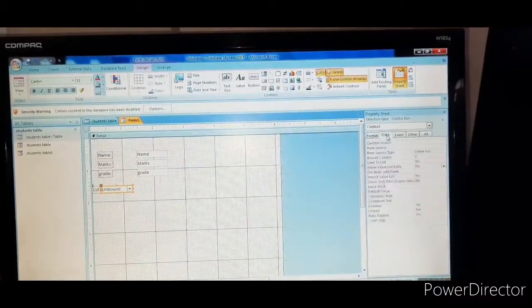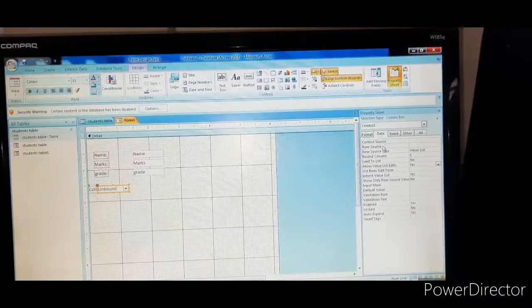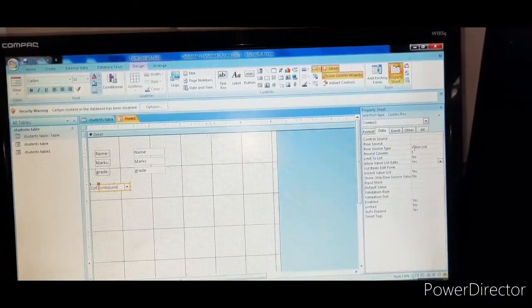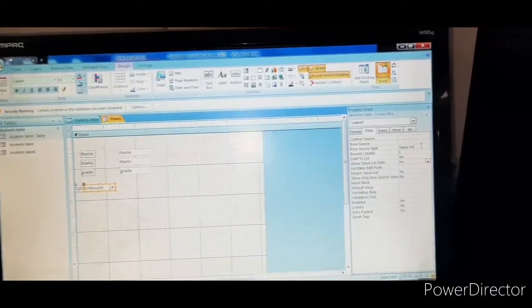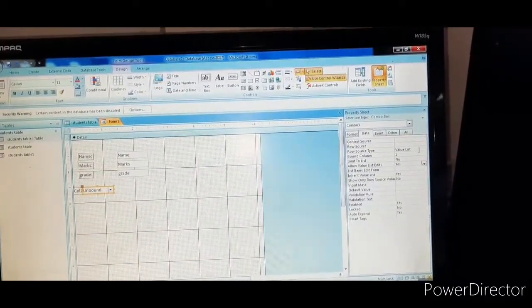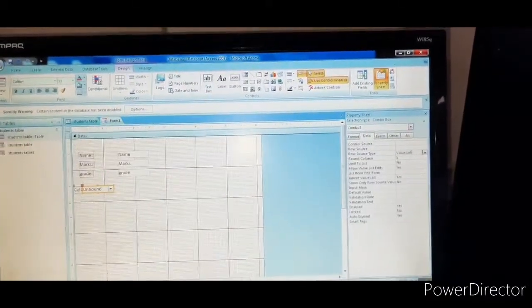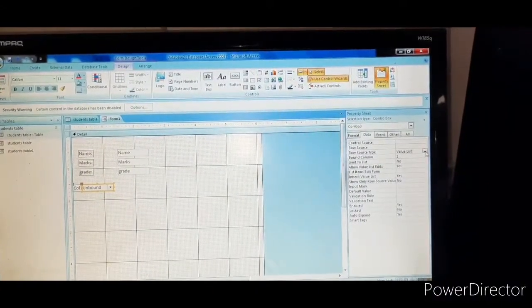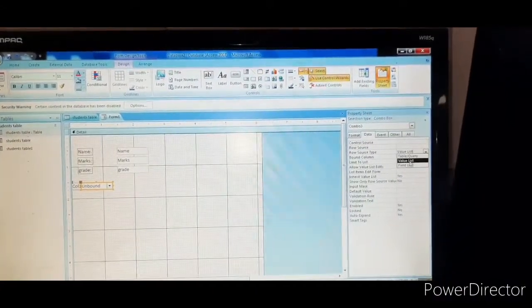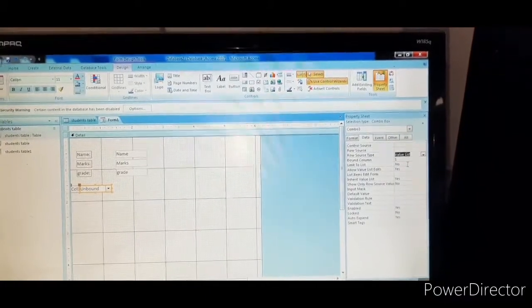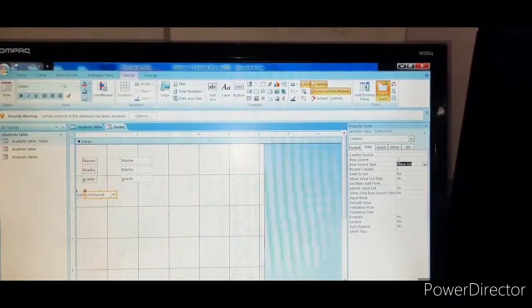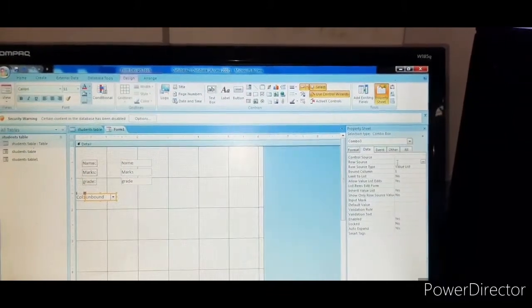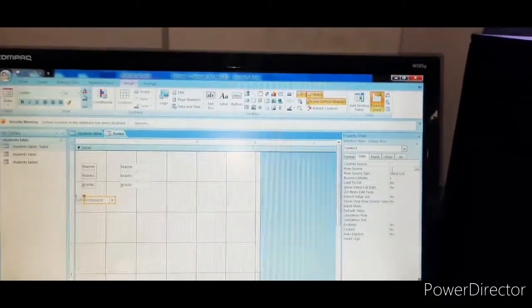You select the data tab. Okay, in this one, row source type is there. Which one, children? Row source type. In that, move the mouse pointer there and just click on it. Then one drop down arrow will be there, just click on the drop down arrow. There you can select the value list, children. Which one? Value list. Then coming to this row source column.